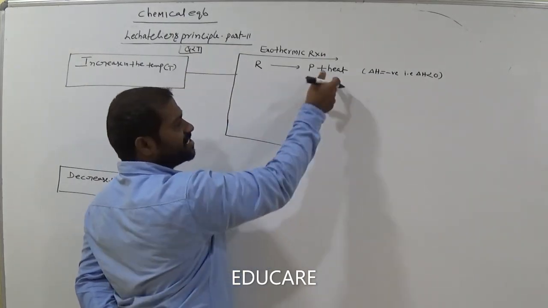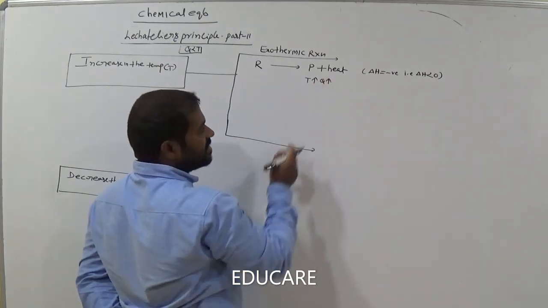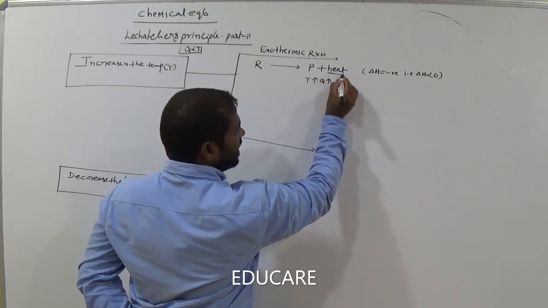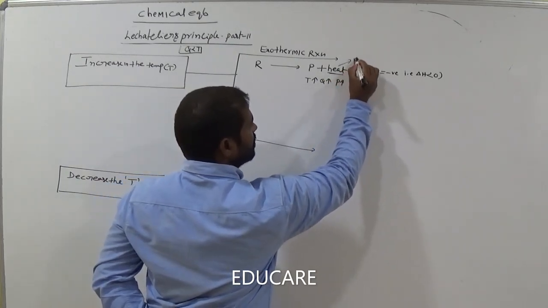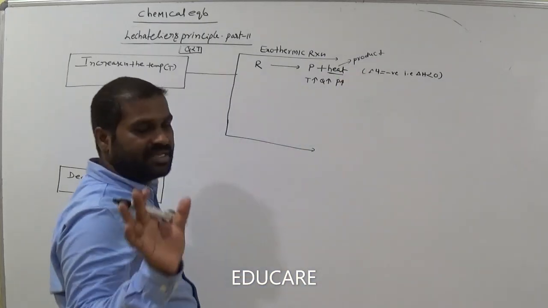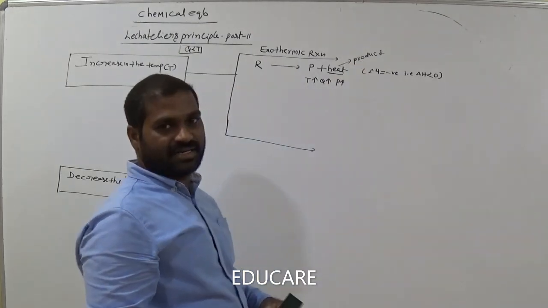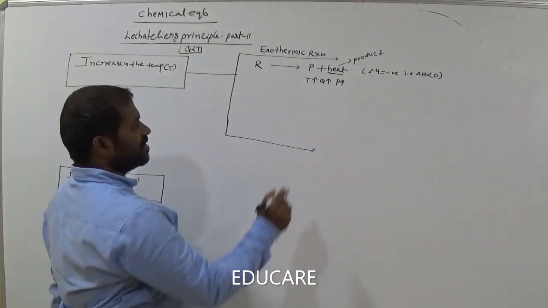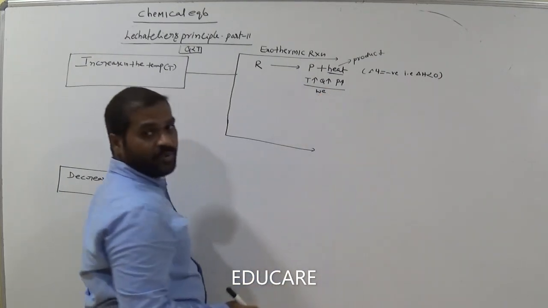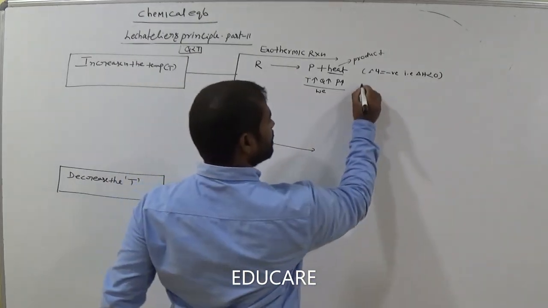When we increase the temperature, what happened? The amount of Q also increases or not? That means P also increases or not? Now this one is taken as product. Here we consider heat energy as a product. Remember this. So Q increases means product also increases or not? Okay, so this is done by us. Here we increase the product concentration. Am I right?